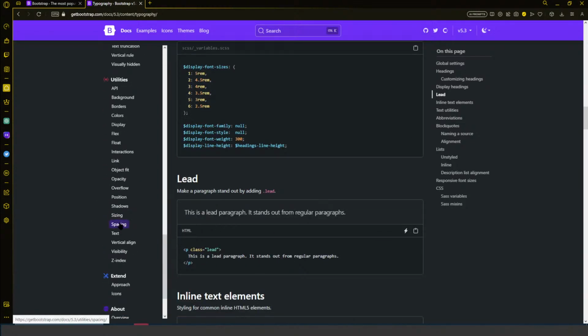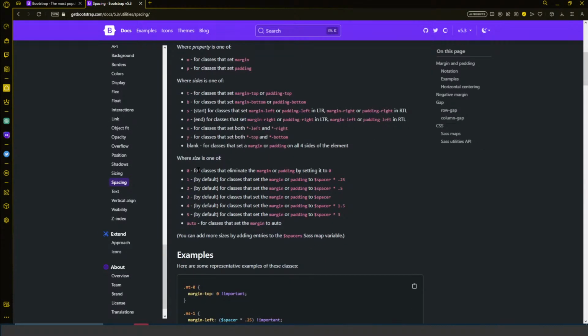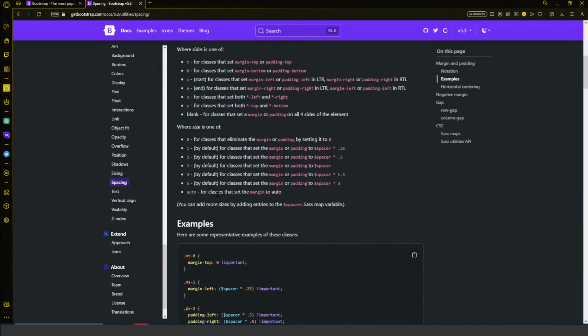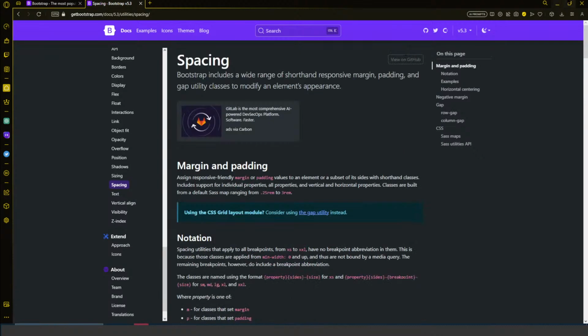And here's the spacing. So we should be able to see MB0 in here. Yep. So we see 0 here, that can be used for margin or padding. We see M, and we see the side that it's on. So MB-0 would be margin bottom 0. So that allows us to confirm that the Upwork website does in fact utilize Bootstrap,